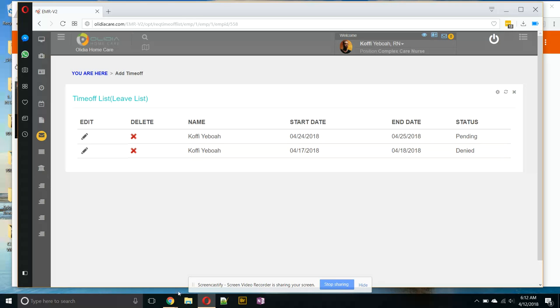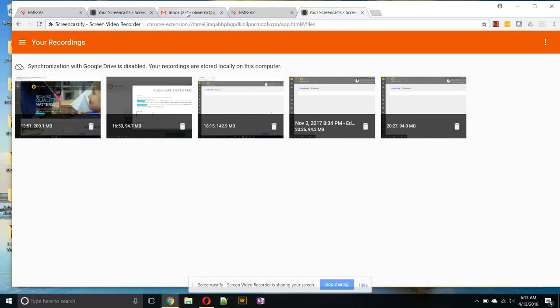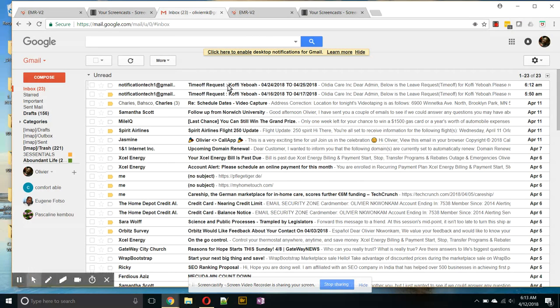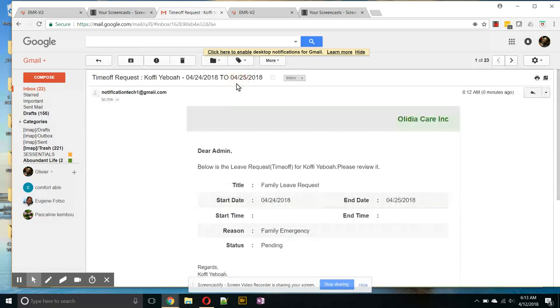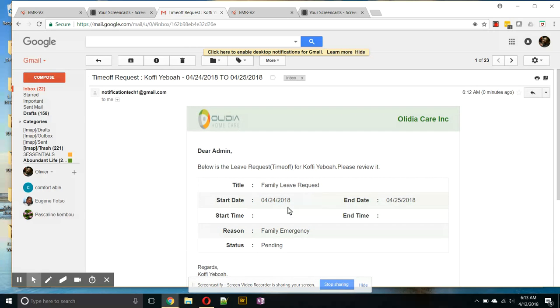So what happened is that the manager receives an email, and we can have it here automatically. We can see that there is Kofi. This is the email that we received that says that Kofi has requested a time off for family emergency and is considered pending. So what happens is that when the manager, the HR manager, the care manager sees the request,